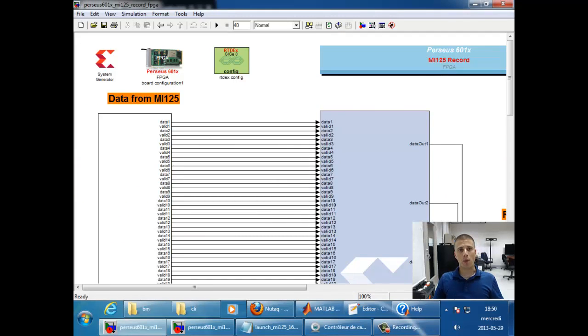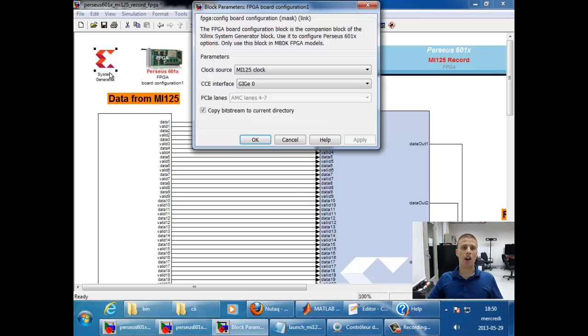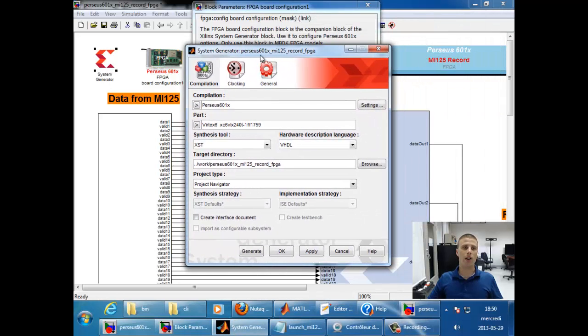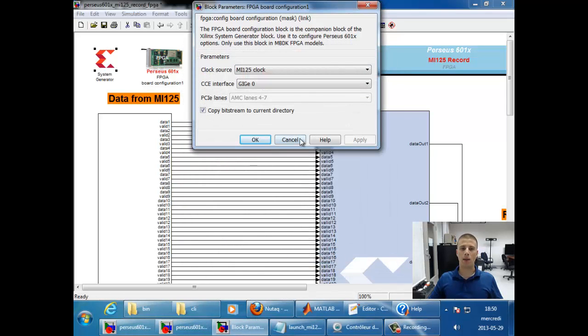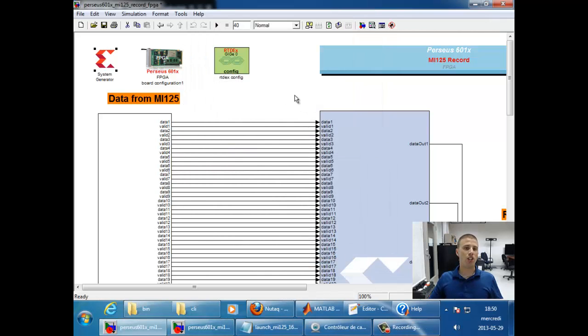As we have said, the MI125 is a daughter card for an FPGA board. So in this case, the Perseus 601 board with the Virtex 6 FPGA from Xilinx on it. In this case, the Simulink model serves to generate the FPGA bitstream that goes inside the Virtex 6 FPGA of the Perseus 601 board. I can do that by simply double-clicking on the System Generator block here at the top left-hand corner of my model and clicking on Generate. For this example, this step was previously done, and the FPGA bitstream was downloaded via a JTAG interface into the